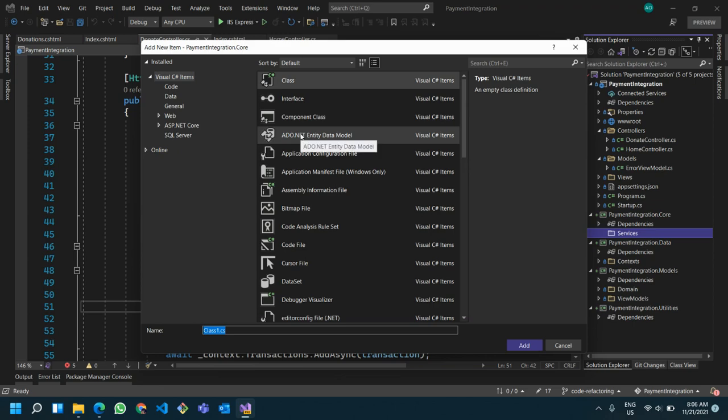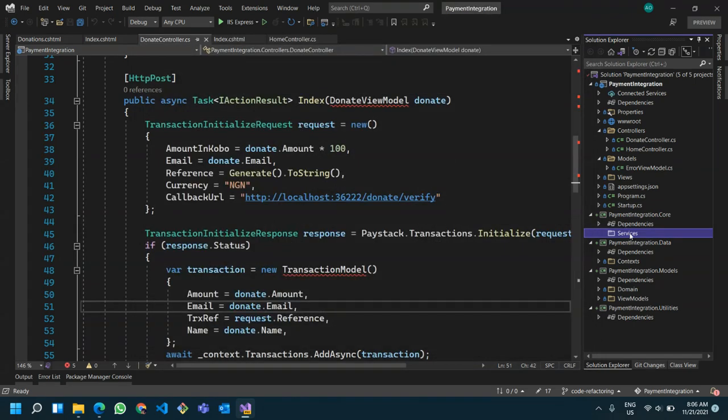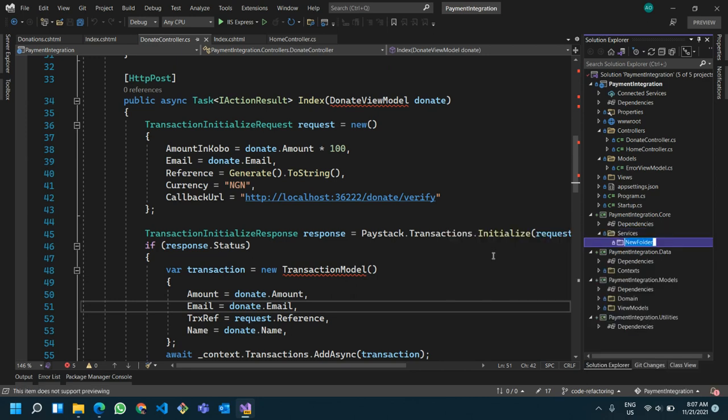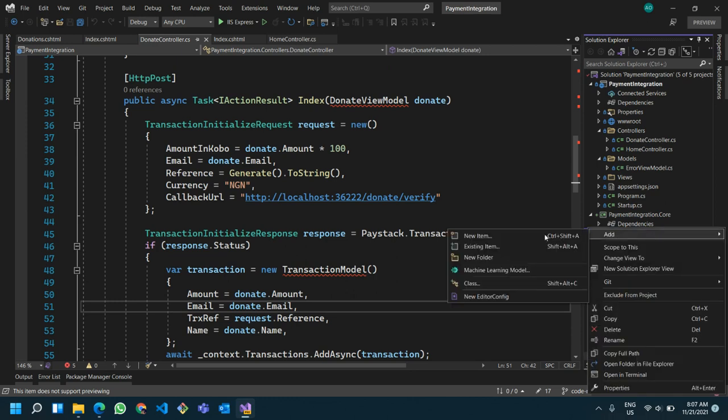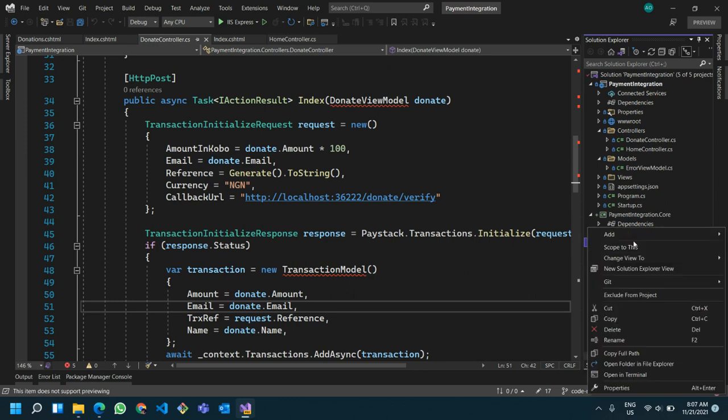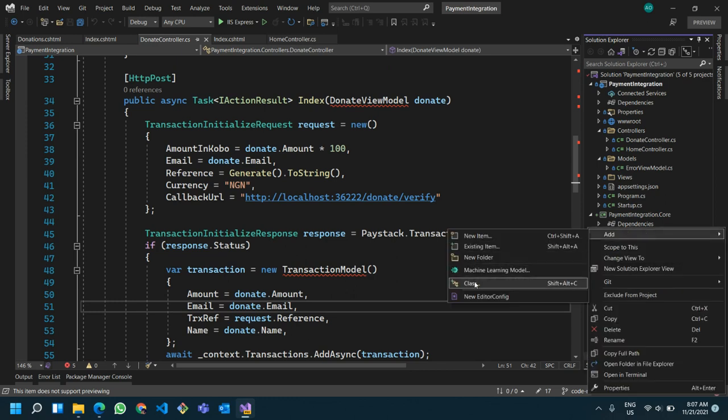So add a new folder, call it abstractions, another called implementations. Right. In our abstractions, let's add the interface for